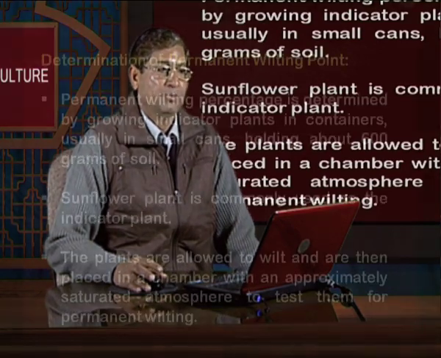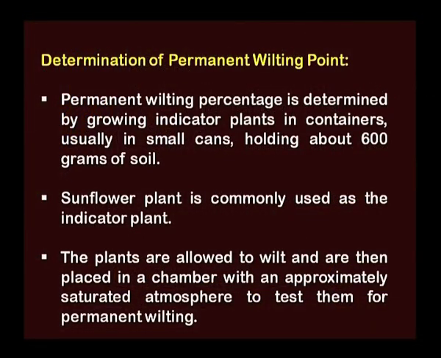Determination of permanent wilting point. Permanent wilting percentage is determined by growing indicator plants in containers, usually in small cans holding about 600 grams of soil. Sunflower plant is commonly used as the indicator plant. The plants are allowed to wilt and are then placed in a chamber with an approximately saturated atmosphere to test them